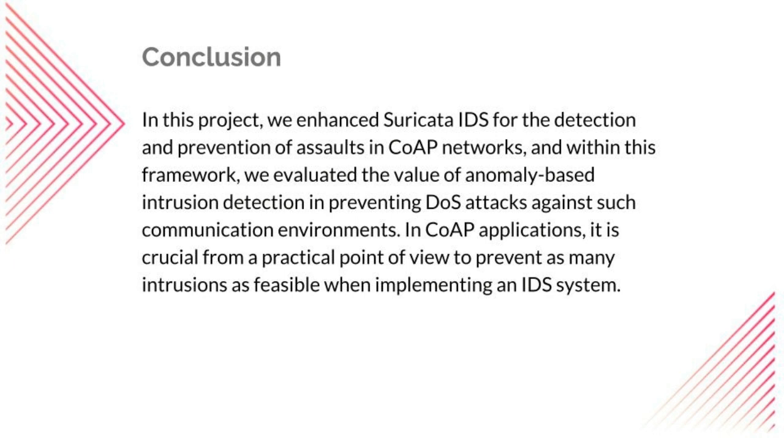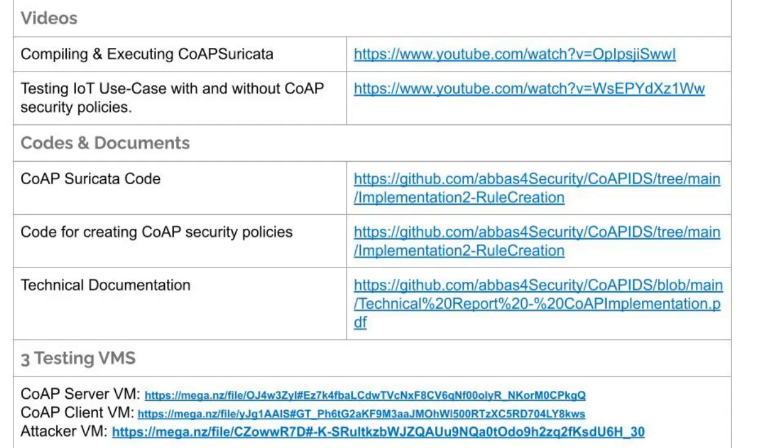In this project, we enhance an open source IDS with QAP protocol support, which allows the IDS to be used as a defense for QAP against QAP attacks. This project can also help in developing QAP security policies both openly and at the commercial level. Finally, I have put all the videos that demonstrate how to implement and test this publicly available. The code and other relevant information are also publicly available.